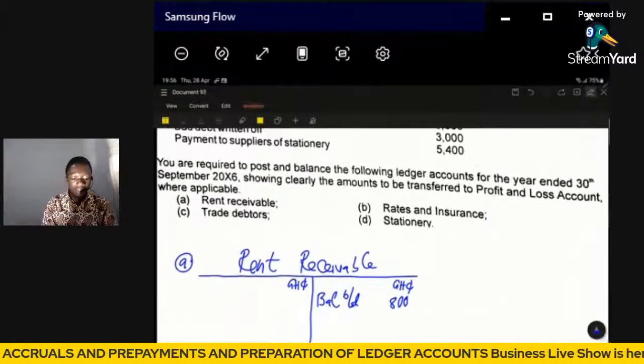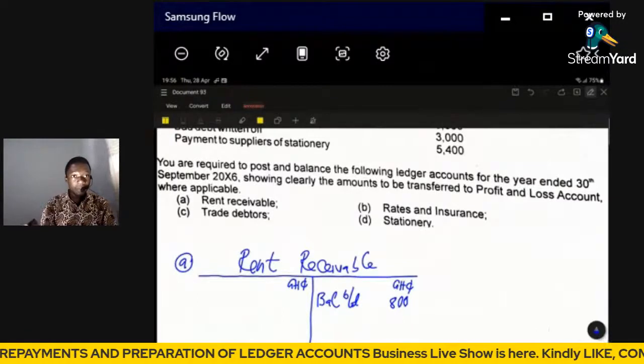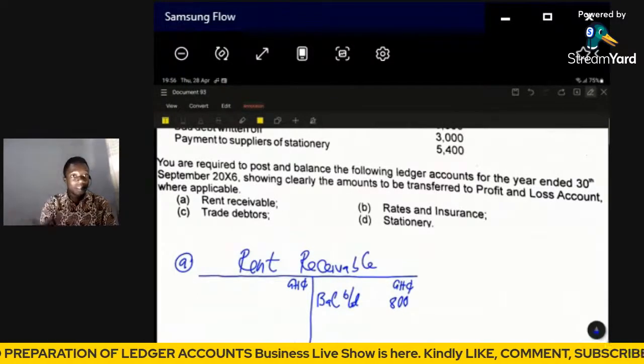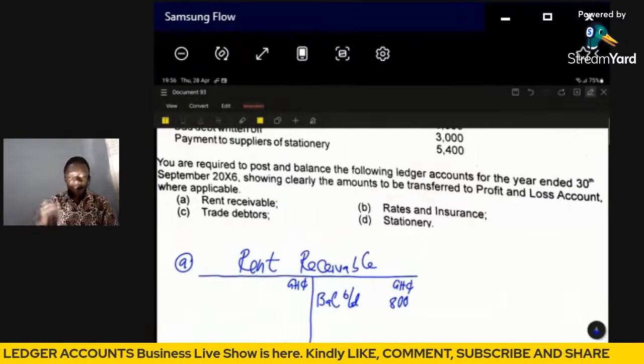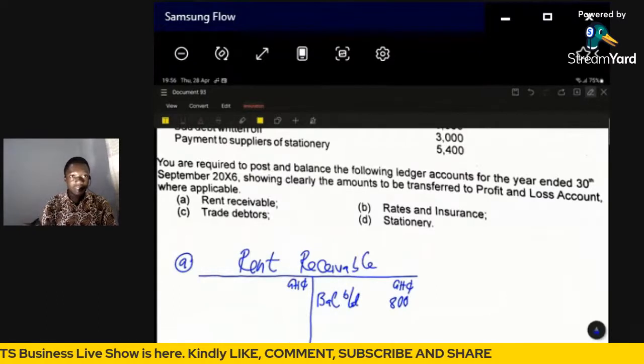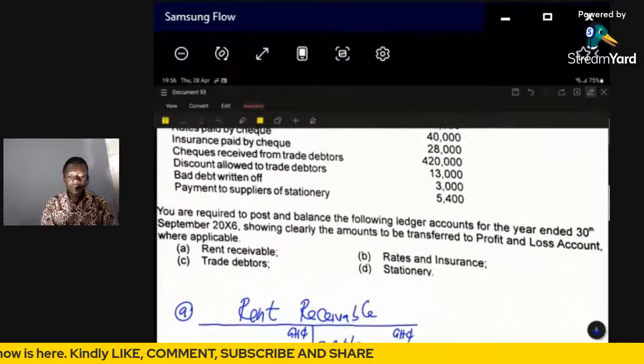So here we can clearly see that the rent receivable is more like an income. It represents more like an income account done on behalf of Padisco Limited. I hope that is clear. All right. So once we get that,